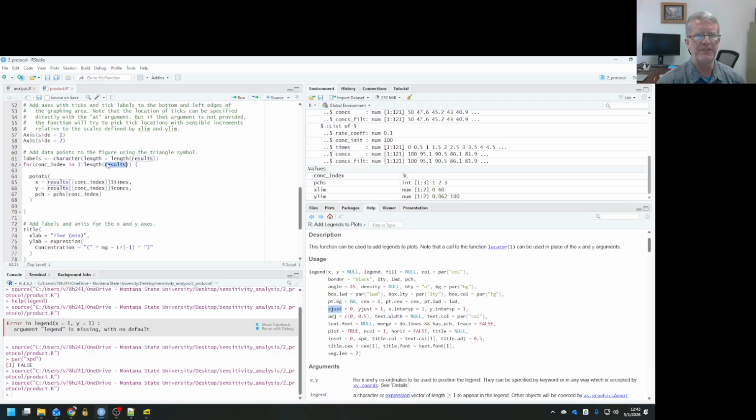Because I'm looping through results here, I need this to have as many different character strings as I do results, or elements in my results list. So now I have a labels vector of character strings that I can fill in each time I go through the loop. And then each element indexed by this const index variable that's changing each time through my loop, I can set one of the elements of my labels vector to